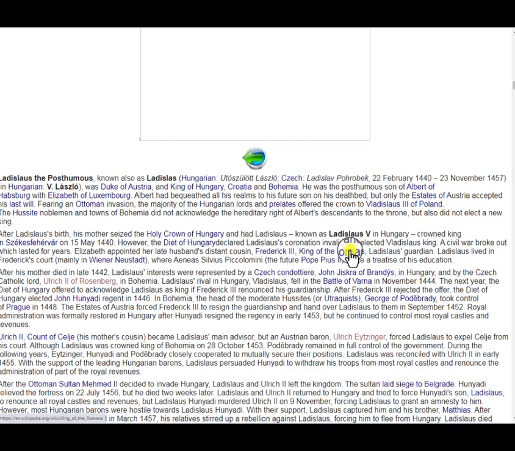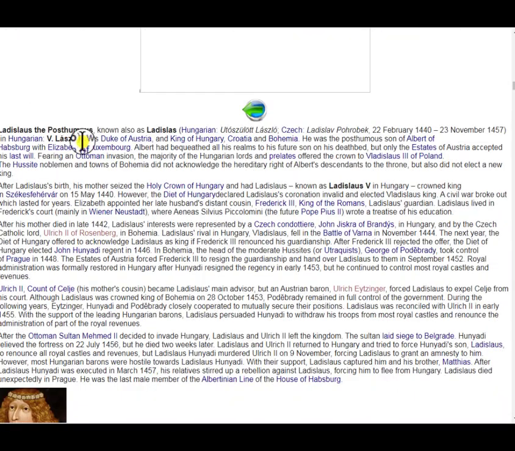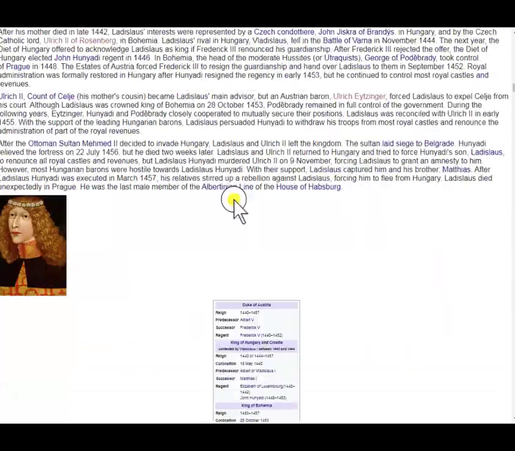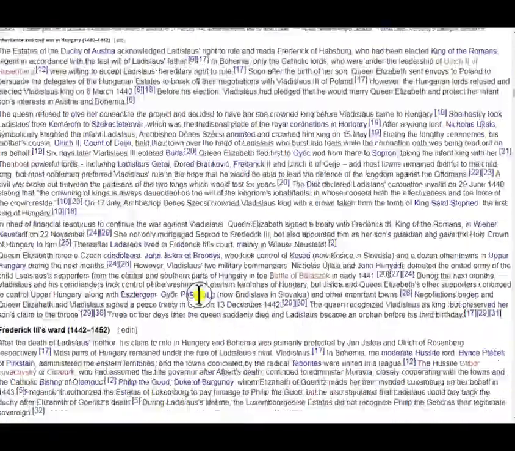But the thing is that I want to still keep this stuff, but it's too much to read. So basically, when you're putting this stuff in, just put Lazarus, known as Lazarus Hungarian, and then an arrow, and the rest of this information should show only behind it. It's not necessary to show all of this. If no one wants to read it, there's no point in giving it to them. Do you understand?